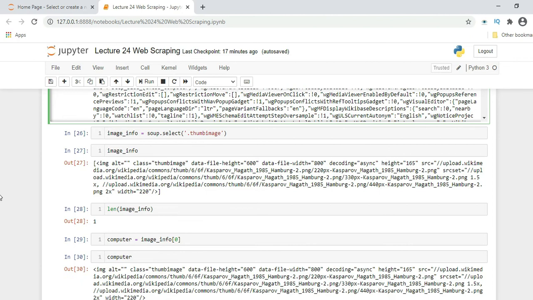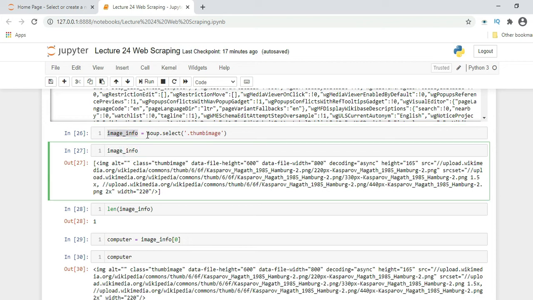Now go with the images. We have to deal with images here. We have a variable named image underscore info equal to soup dot select. We have a class name thumbimage, because we are using a dot. This command will get the image and store it into image underscore info.